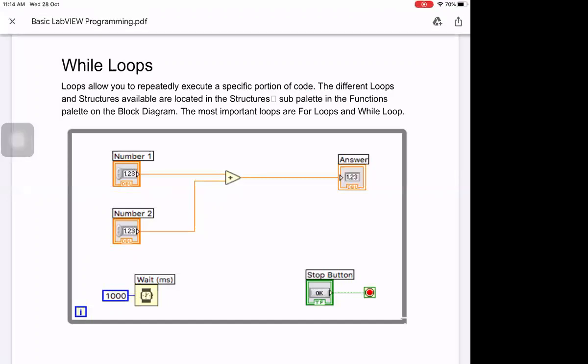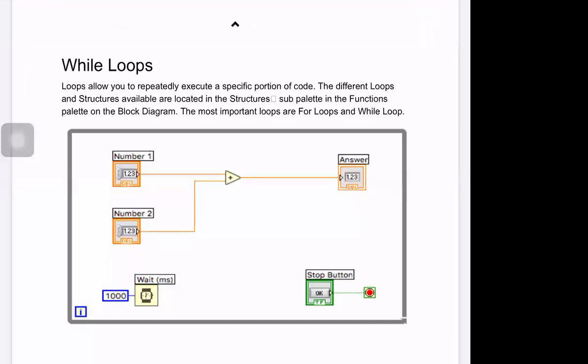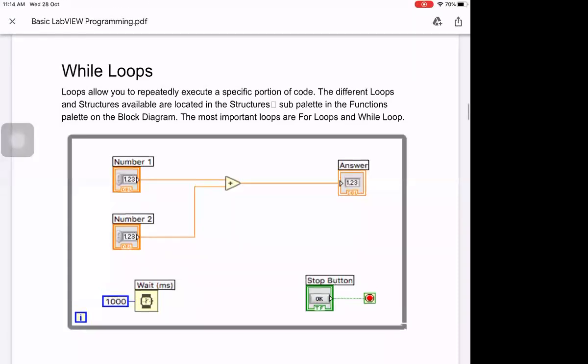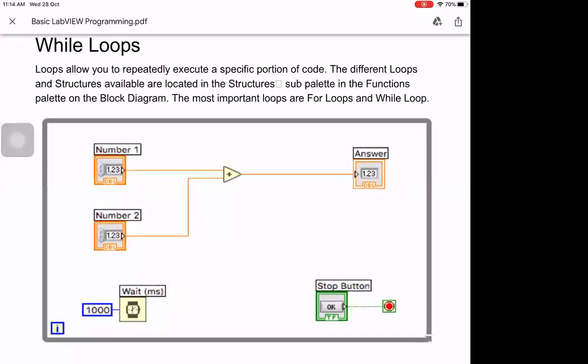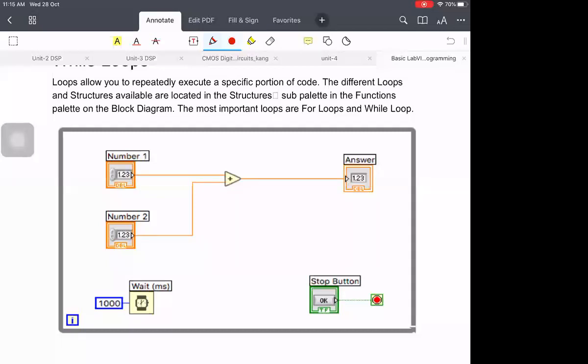You can choose the first number, the second number, then you are performing the plus sign over there. So we have the first number and the second number, and you are going to perform this task, and here is the answer display.